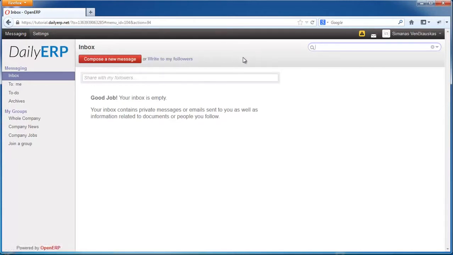And because this is a video about the user interface, I'm going to start talking about this. So mainly OpenERP consists of a few main parts. And this is a top toolbar here on the top, and on the left hand side of this toolbar you will always see the main navigation items, and in this case I now have a messaging menu item and settings menu item, and on the right hand side you will always see